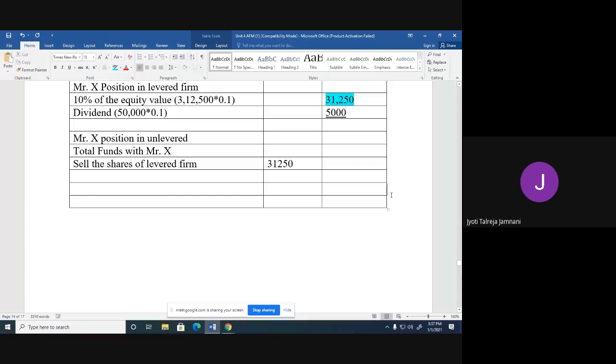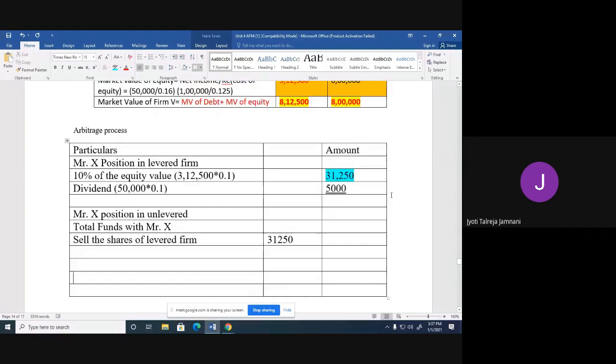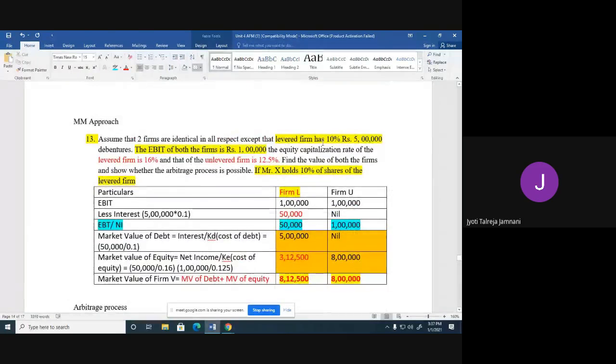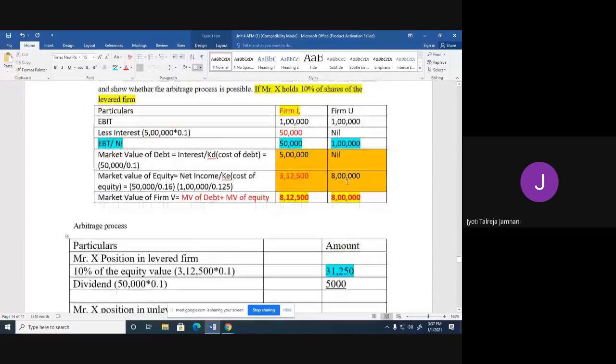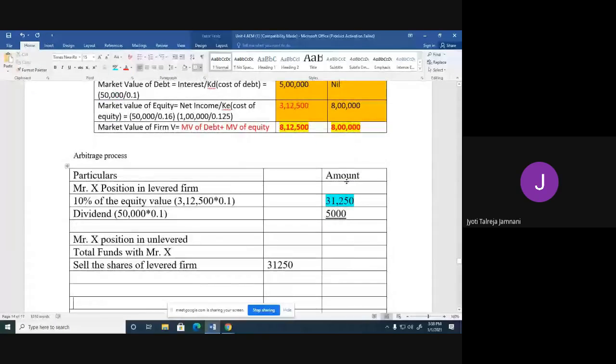Now it is very important, please listen all of you. In the first line of the problem, it was told, assume that two firms are identical in all respect, except that levered firm borrows and unlevered doesn't. So if they are identical in all respect, then their risk also should be identical. And in my last class, I told you, levered firm, if they borrow, they take risk, but unlevered firm doesn't take risk. So if they don't take risk, what the investor should do? He should go for